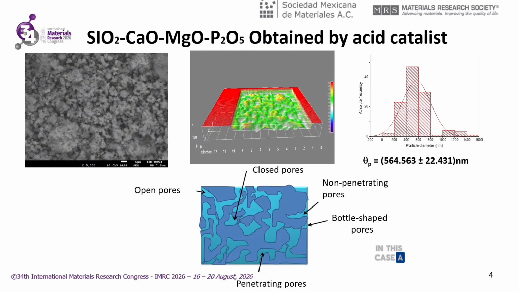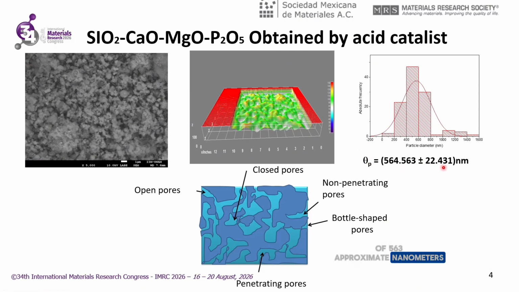In this case, a bioglass containing calcium oxide and magnesium oxide molecules is synthesized. It should be noted that their ions act as network modifiers that induce the amorphous nature of the bioglass structure. This formulation of bioglass was synthesized using an acid catalyst such as nitric acid. Results from scanning electron microscopy show a particle size of